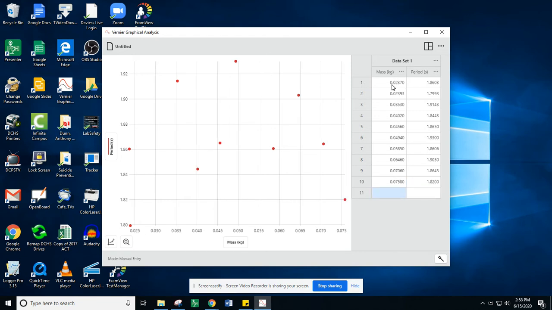Okay, so you look at this and it's a mess. I mean, if I ask you, okay, what's the relationship between period and mass? You'd say, well, it's just crazy. It's erratic. It just goes up and down, up and down. But what I want you to notice, first of all, when you look at these periods over here, that's 1.86